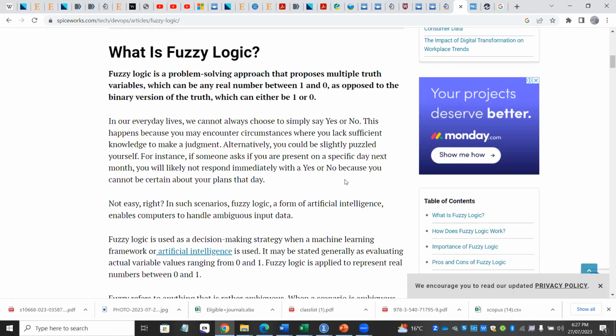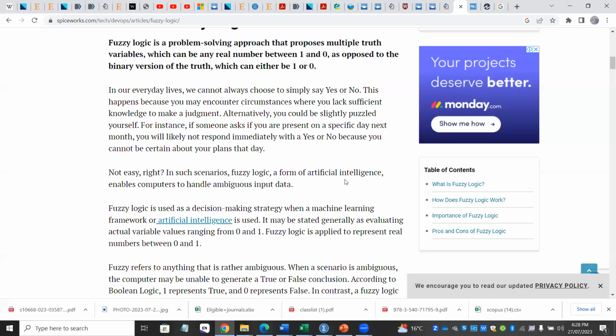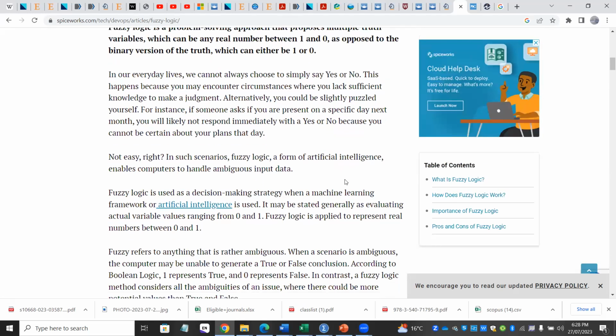Alternatively, you could be slightly puzzled yourself. For instance, if someone asks you if you are present on a specific day next month, you likely would not respond immediately with a yes or no, because you cannot be certain about your plans that day. And that's true. Not easy, right? In such a scenario, fuzzy logic, a form of artificial intelligence, enables computers to handle ambiguous input